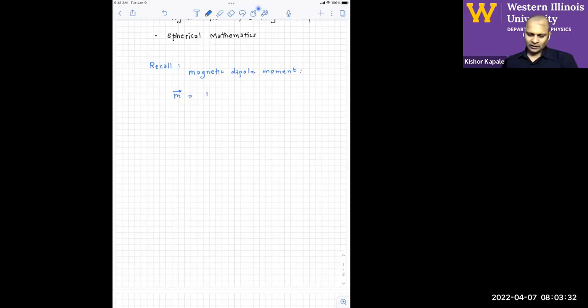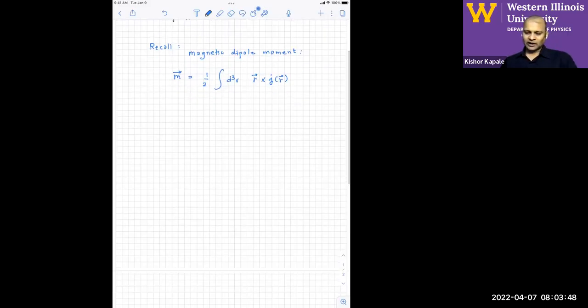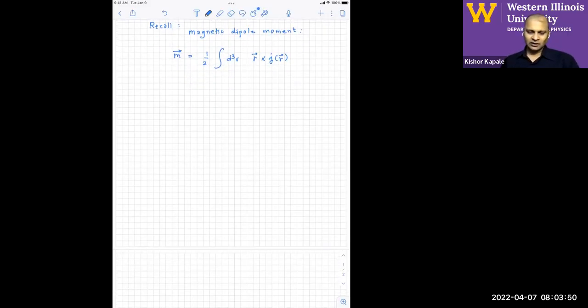It's given by, of course, a volume integral of essentially r crossed with j at each position r integrated over all volume of space. Now, of course, you may have a localized magnetic dipole, and so the integral would simplify,